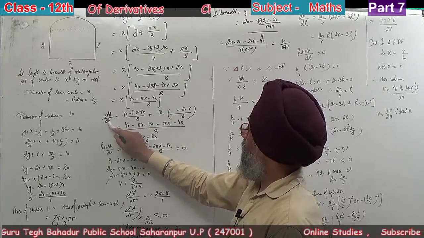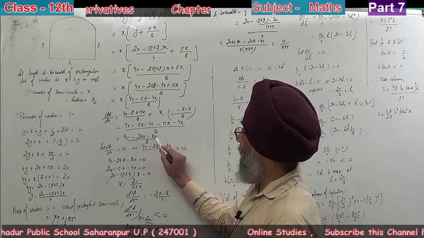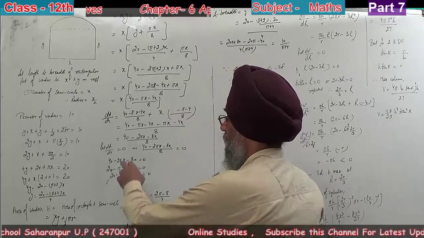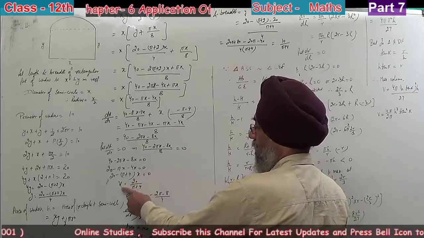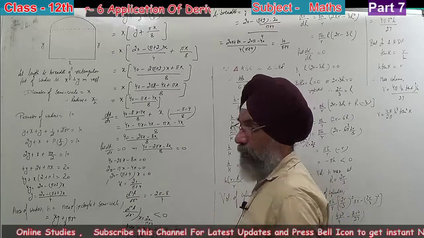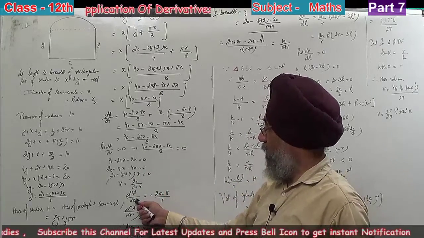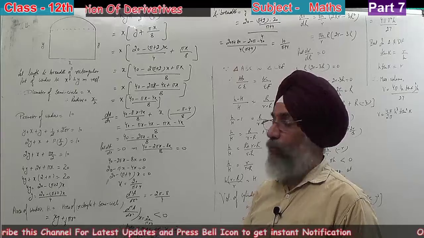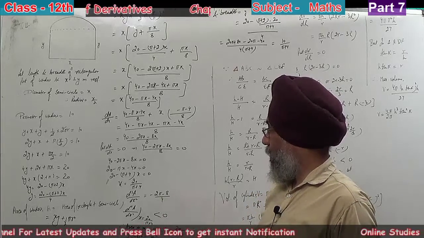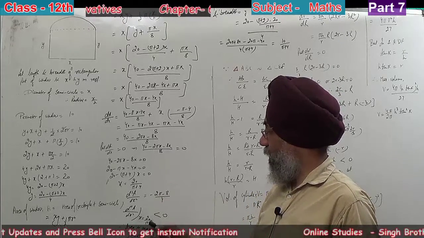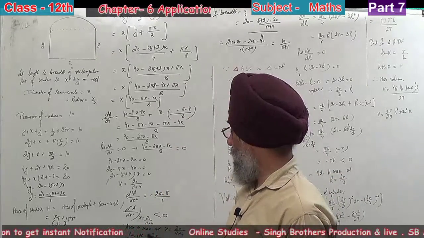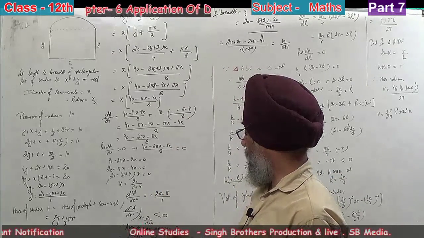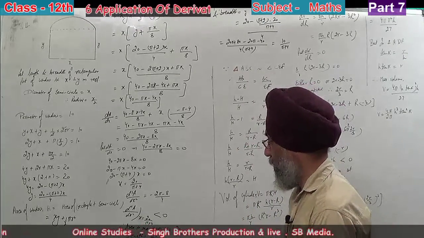Now differentiating, we get (40 minus 2 pi x minus 8x) upon 8. Taking this dA over dx equal to 0, we get x is equal to 20 upon pi plus 4. Again differentiating it with respect to x, it becomes d square A upon dx square equals (minus 2 pi minus 8) upon 4. Placing the value of x as 20 upon pi plus 4 causes no effect on it because variable x is not present here; it is negative. So area is maximum at x is equal to 20 upon pi plus 4.